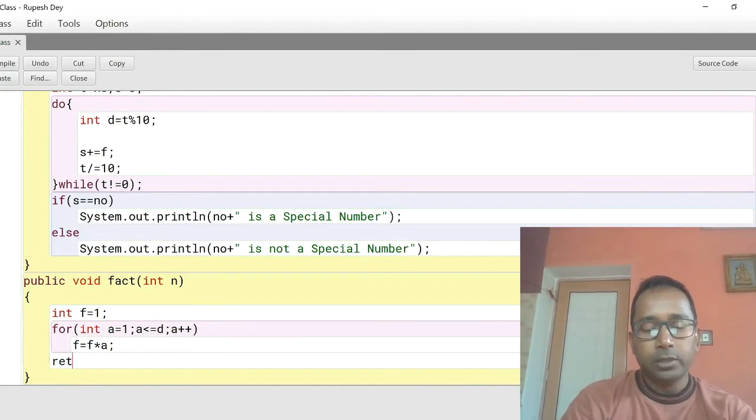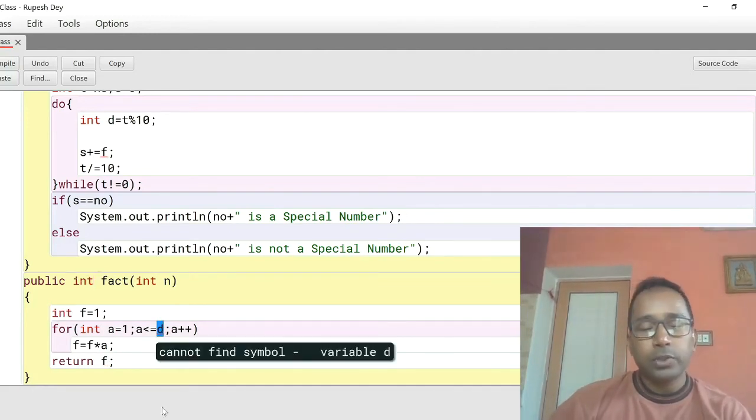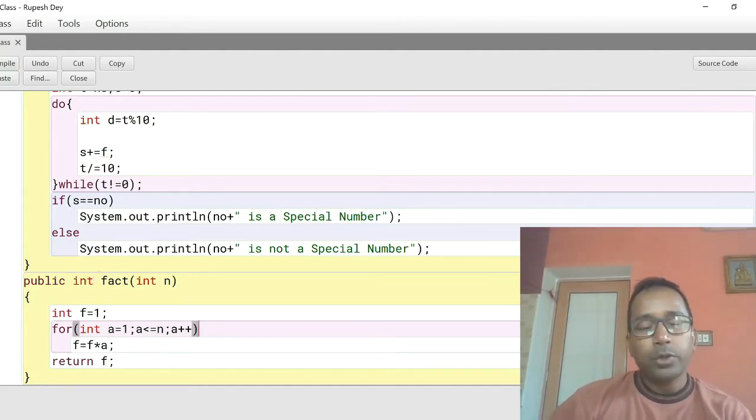So I'm writing return f, which is the calculated factorial of n. And here the return type of the function will be the data type of f, because we are returning f. So this will be int. So here instead of d, it will be n, because this function will find out the factorial of n.